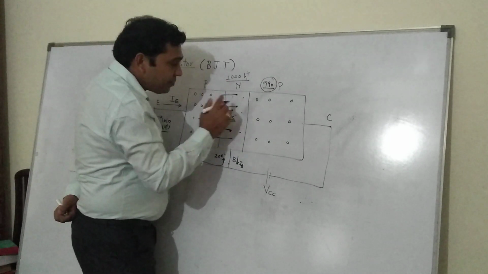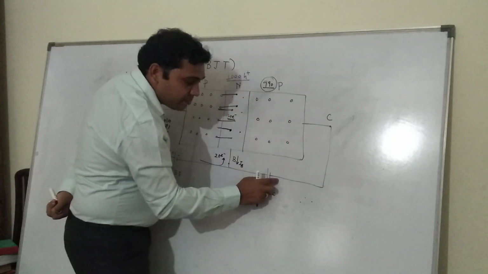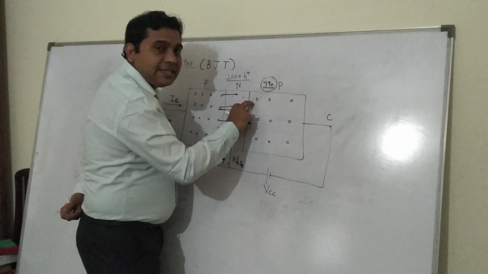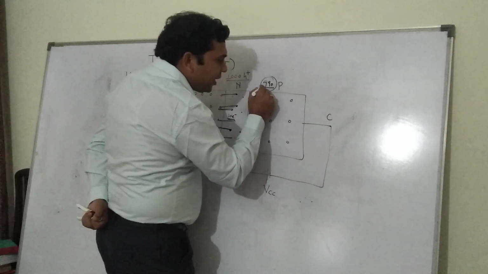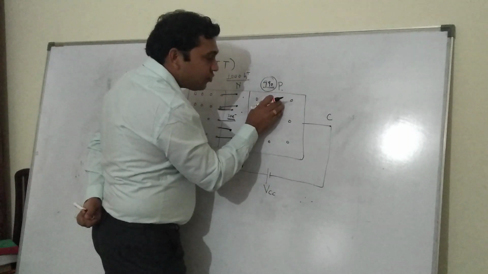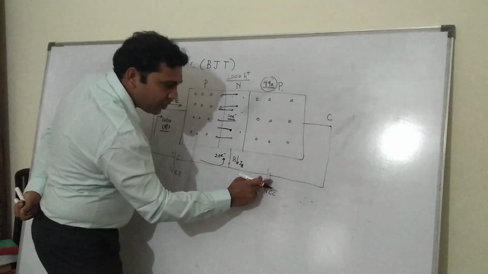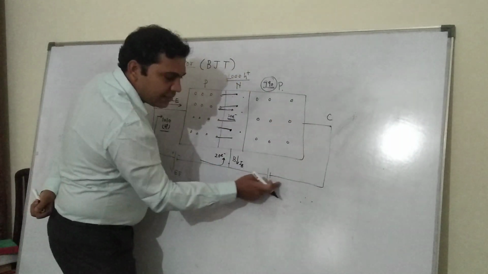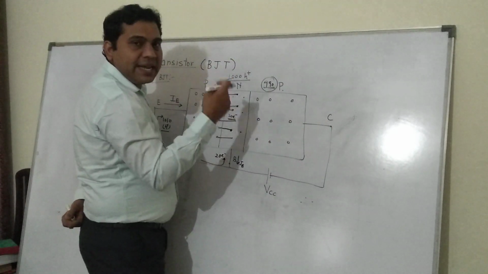Okay. So these minority charge carriers will definitely transfer because of this reverse biasing, because of the field inside. They will transfer to the collector. So 990 holes will transfer into the collector. Immediately the 990 holes will be more in this collector region, so the 990 electrons will go and recombine with these extra 990 holes.